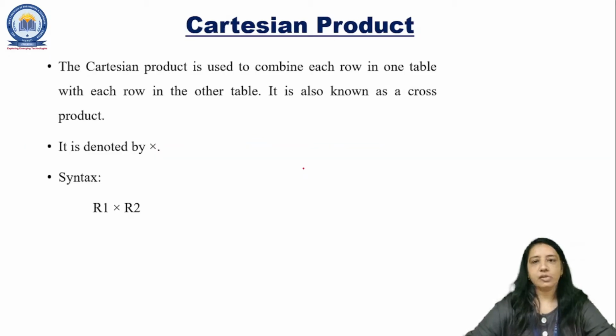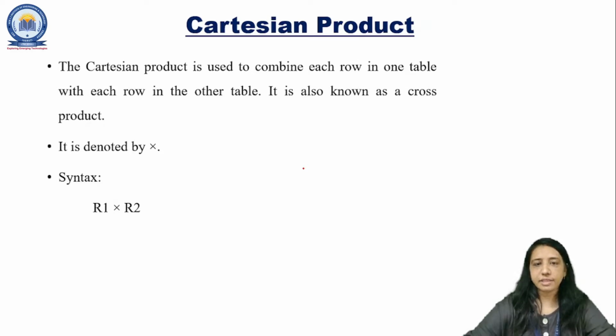So what is the main use of this? Sometimes you want to retrieve data which is in more than one relation, that means some information is stored in one table and the rest in other tables. So how do we retrieve that? At that time we require an operation that will combine those two relations or two tables. That is the basic use of the Cartesian product.